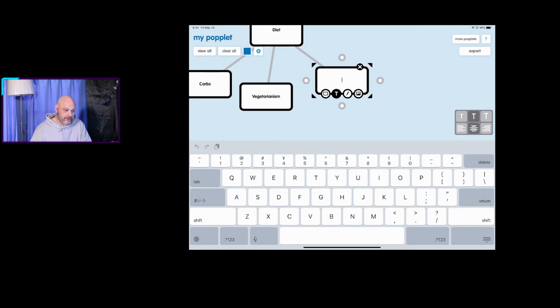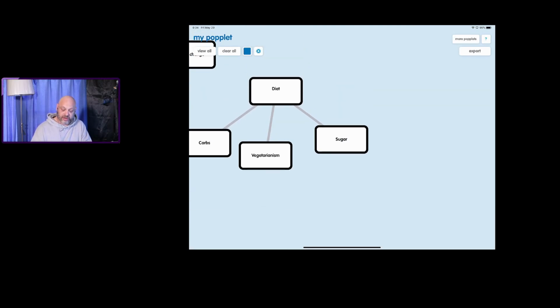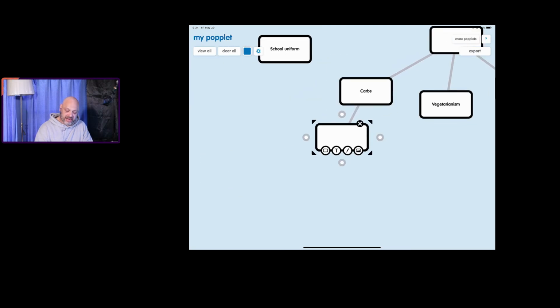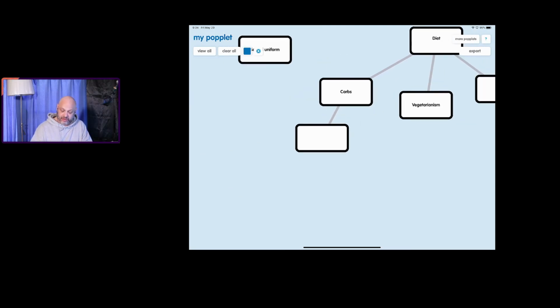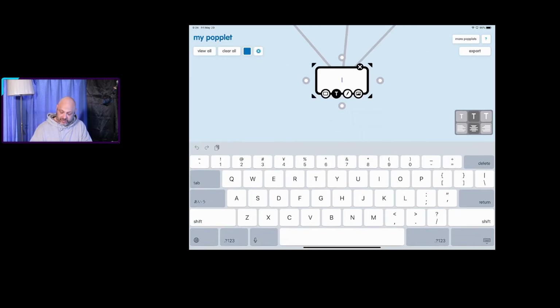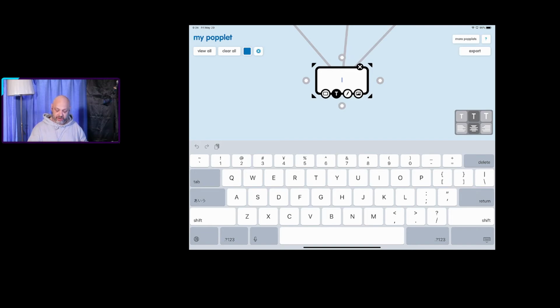And what other diet? Sugar. Right? All right. So even carbs or vegetarianism or sugar, these are still too big. So I guess we can do it this way and give each of these a way to narrow it down: in Japan,